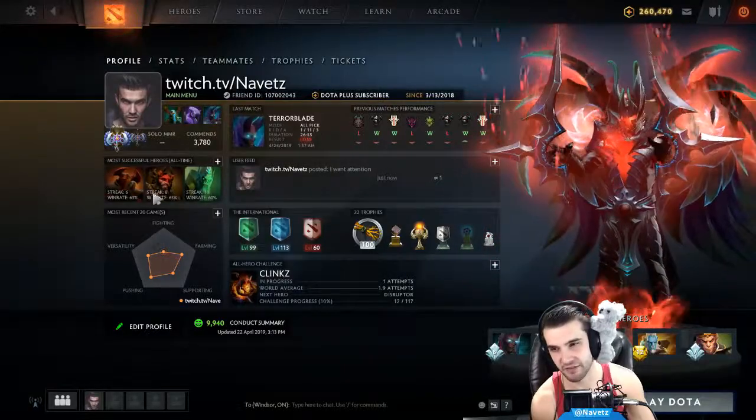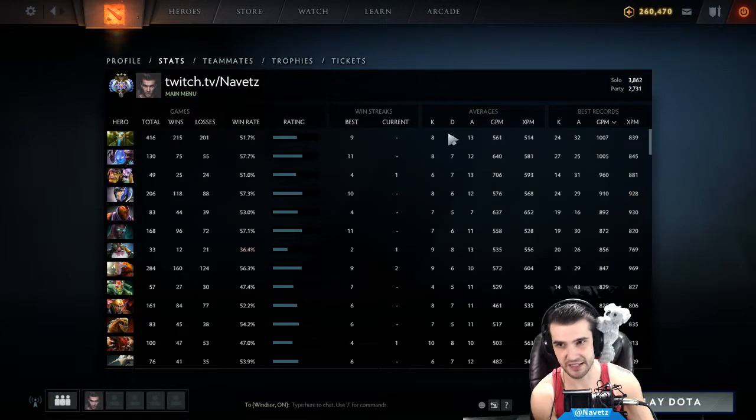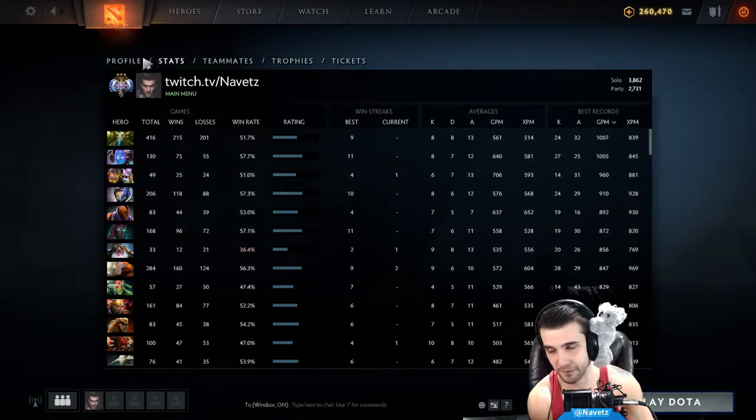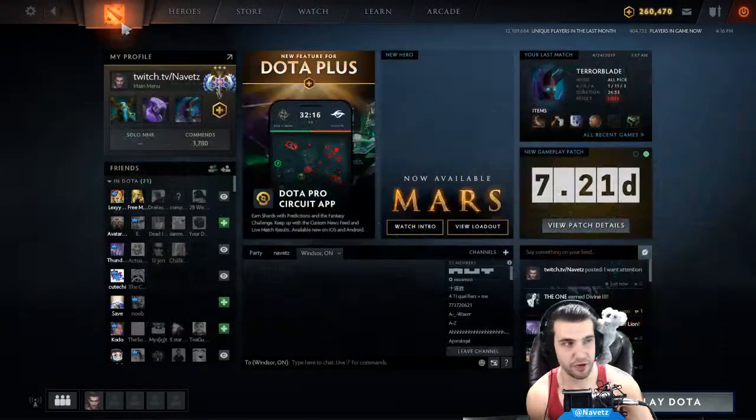Over here, you can see information about your most successful heroes. You can also get that information in your stats tabs. Like, you can do some stuff over here. So that's pretty cool information about your profile. If we go back out